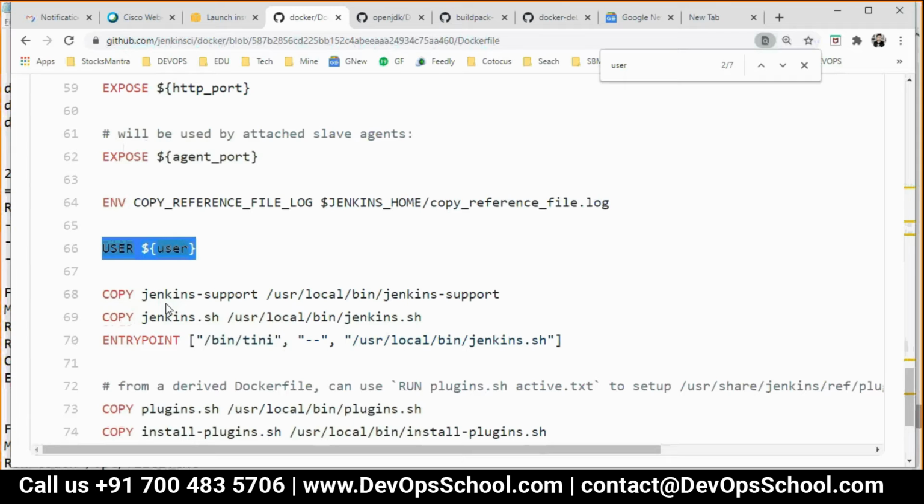Where is that user created? Because understand the very simple concept: before running some processes with some specific user, that user has to be created, right? How can you run without creation?